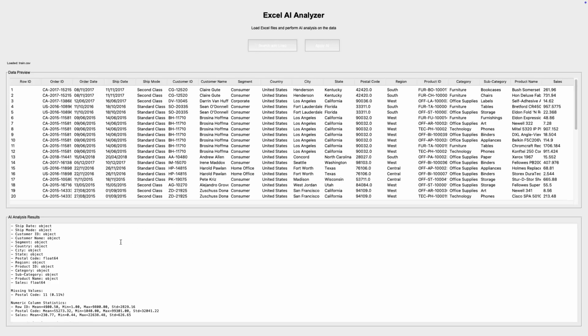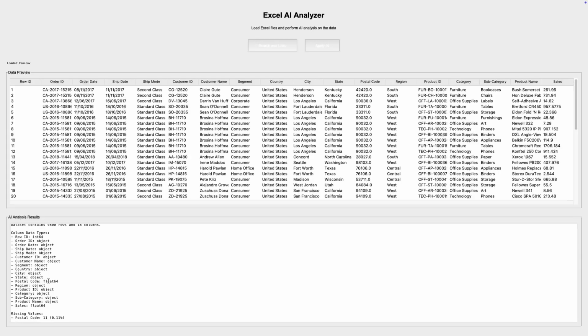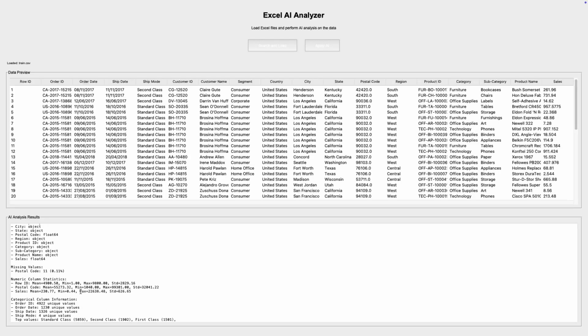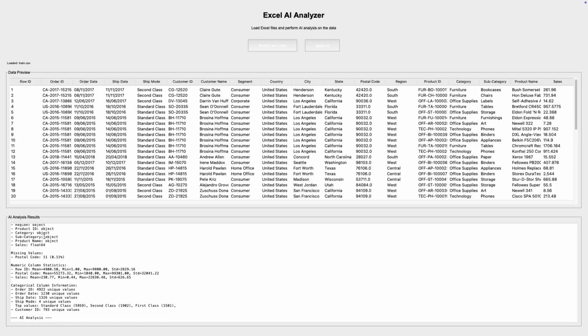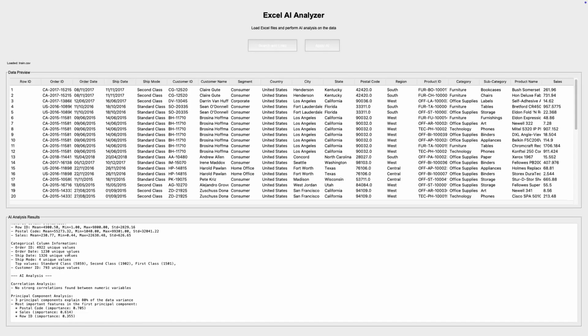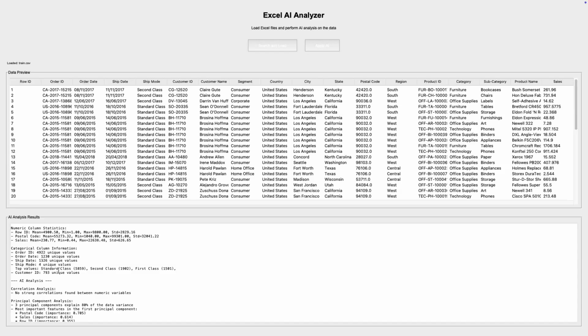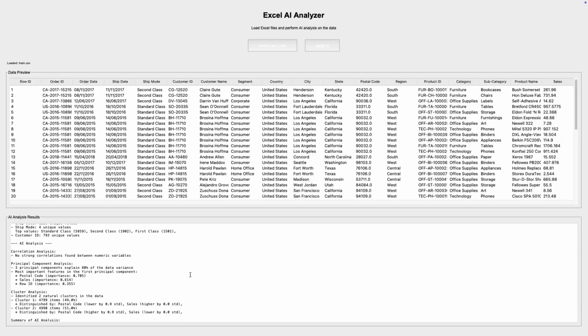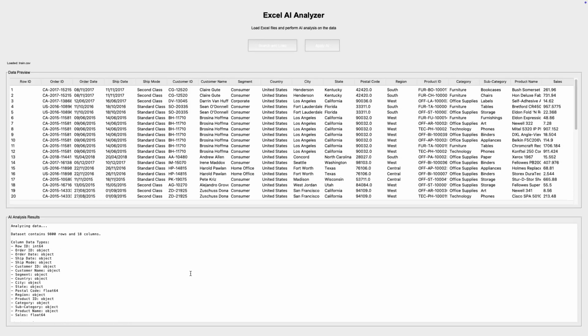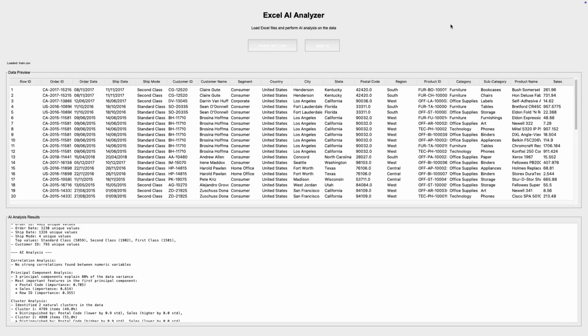So here we have the fields: country, city, state, row ID, order ID. It gives us some top values: standard class, 5,859, second class, first class. We get some clustering info. So really,